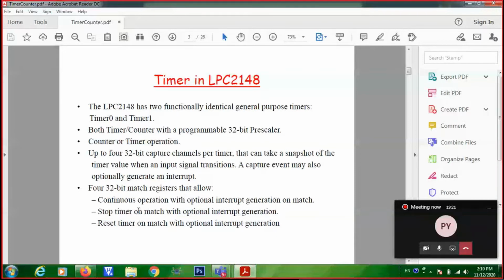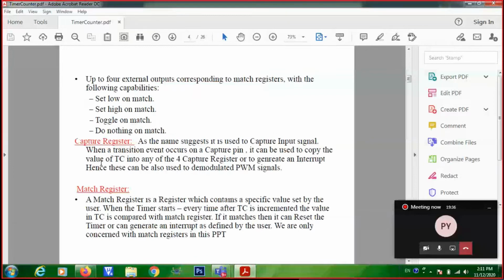So similarly, 4 registers are there. For each register, you can perform any one of these 3 operations or a combination of these 3 operations. Right. So that is meant by the match register and the capture register. And there are 4 external outputs that can be performed on the match.